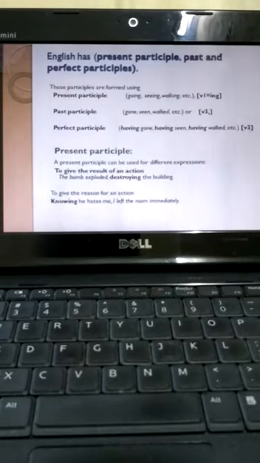Now in English we have three types of participles: present, past and perfect participle. In these three, when we look at the example, in present participle we are adding ing, from go to going. Past participle, we have taken the third form of the verb, and in perfect participle we have added having plus the third form of the